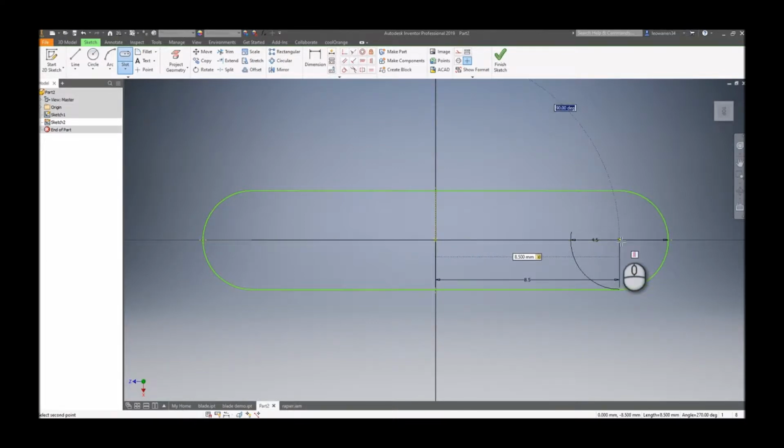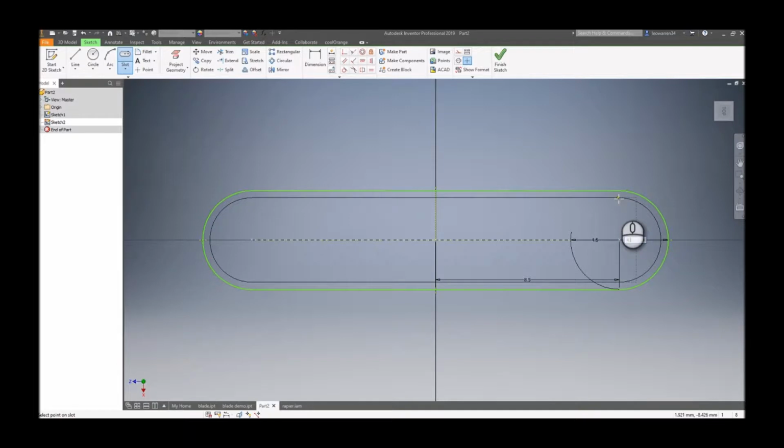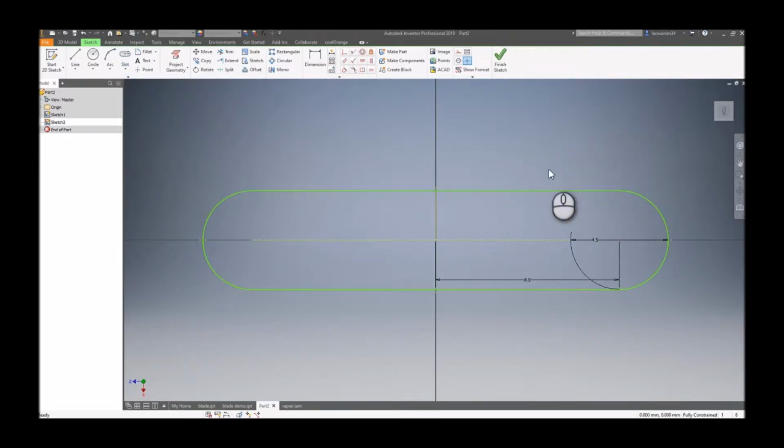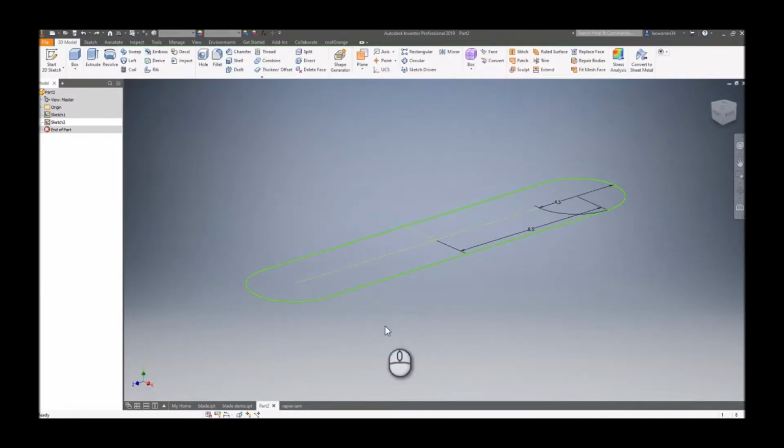It's just a slot, 8.5, 4.5. That's it, no big deal. But I'll take that out, and that's the kind of starting of the bar. And then what we're going to do